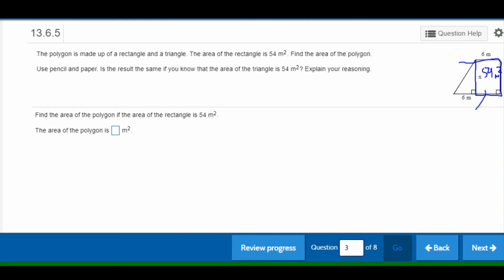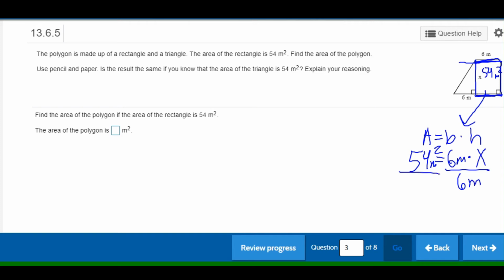So we know the formula for a rectangle is area is equivalent to base times height. We know that the base is 6 meters. We don't know what the height is, so we can keep a variable for the height. But we know the area is 54 meters squared. If we want to find out what x is, which is the height, we can divide both sides by 6 meters to get the variable on one side by itself. And then we can say that x is equivalent to